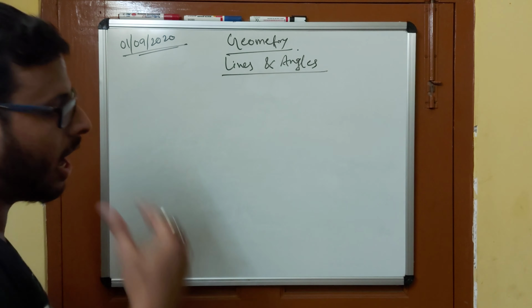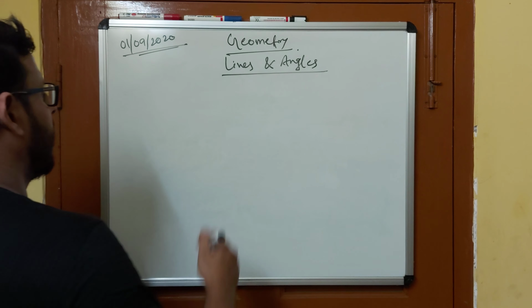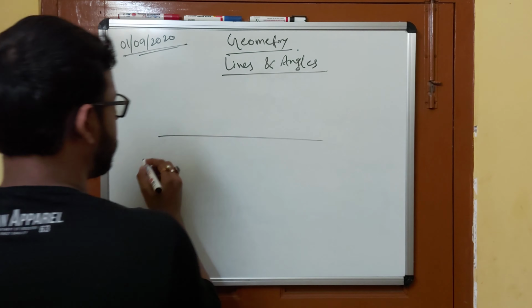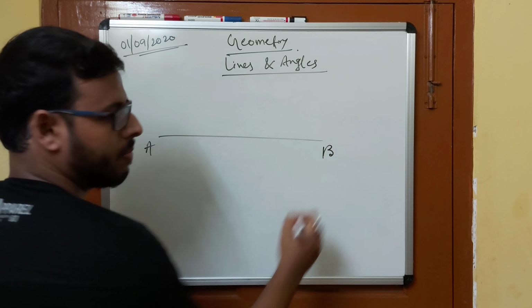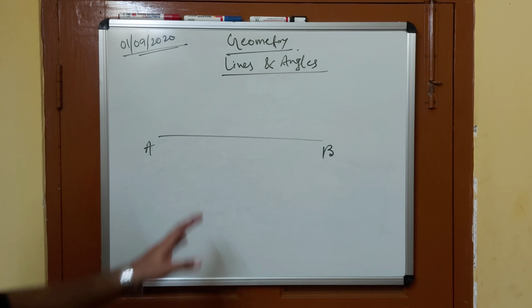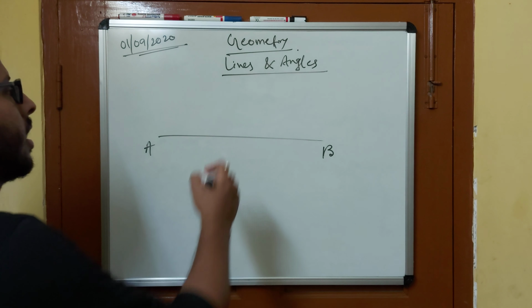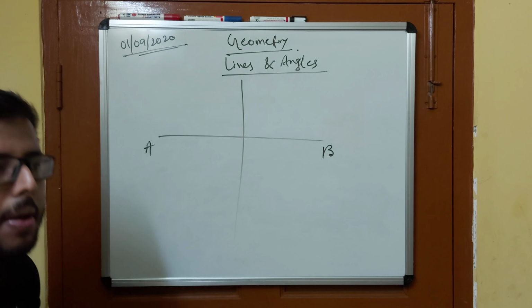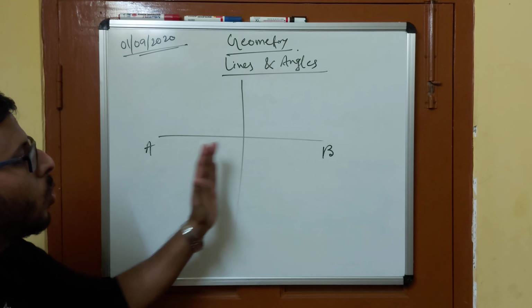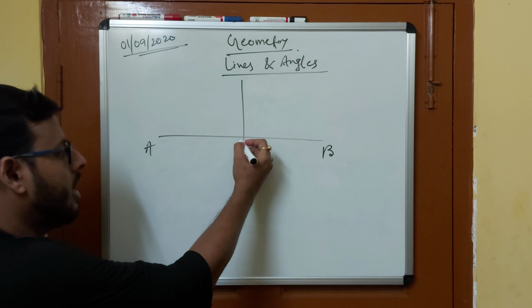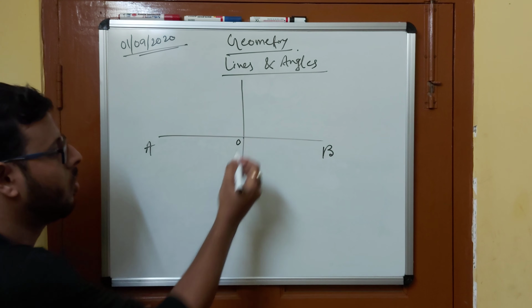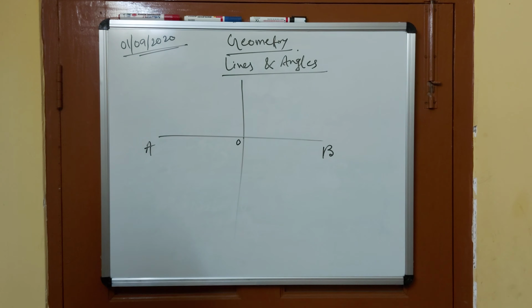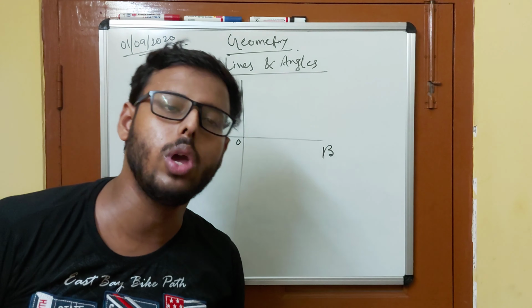Now we'll see the line comprising of angles. Okay. This is a straight line, right? Let us give its name as A and B. Now, if we bisect this straight line, means if we make this straight line into two halves, and we say this point as O, AO equals OB, right? Because we are bisecting this line. Bisecting means dividing a line into two equal halves.